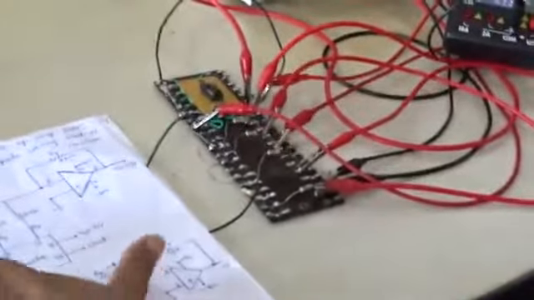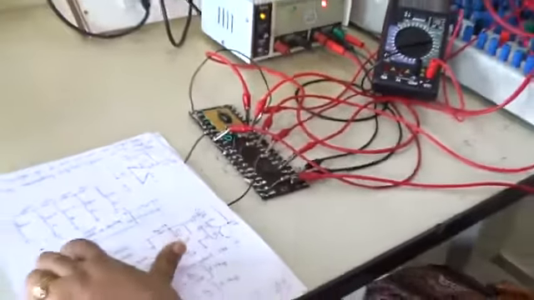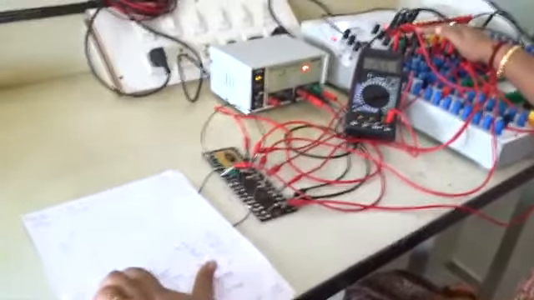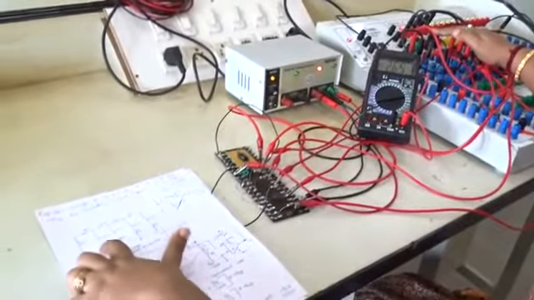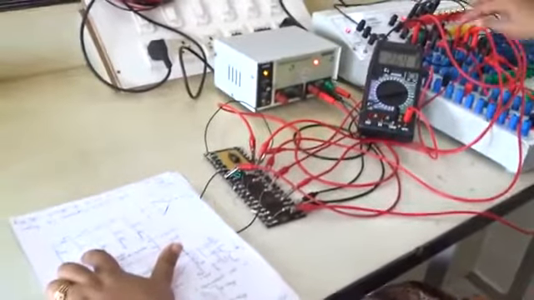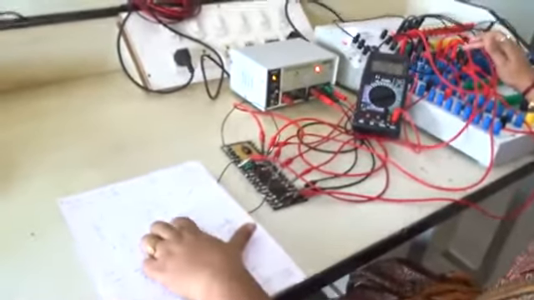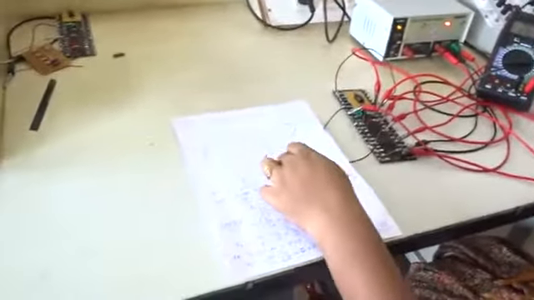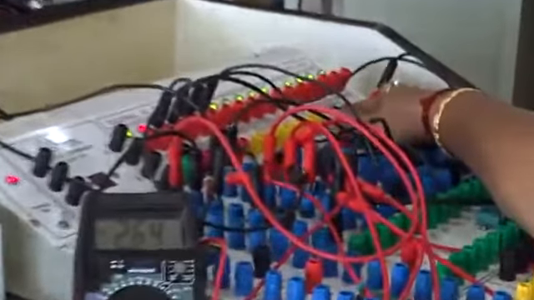Here I had made all these connections of the counter IC. Pins 2, 3, 10 I had shorted and given to ground. First pin and 12th pin are shorted and given as D0. Here we can observe the outputs of the counter. 11th pin to D3, 8th pin to D2, 9th pin to D1, 5th pin to VCC, 14th pin to clock. So here in the trainer kit, as soon as I give the clock pulse, you can see there is a mono pulse clock pulse. When I press this push button, it will provide the clock pulses.